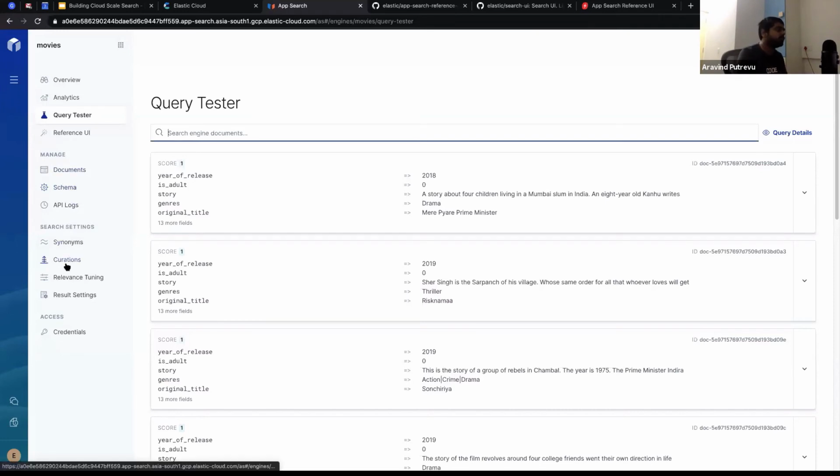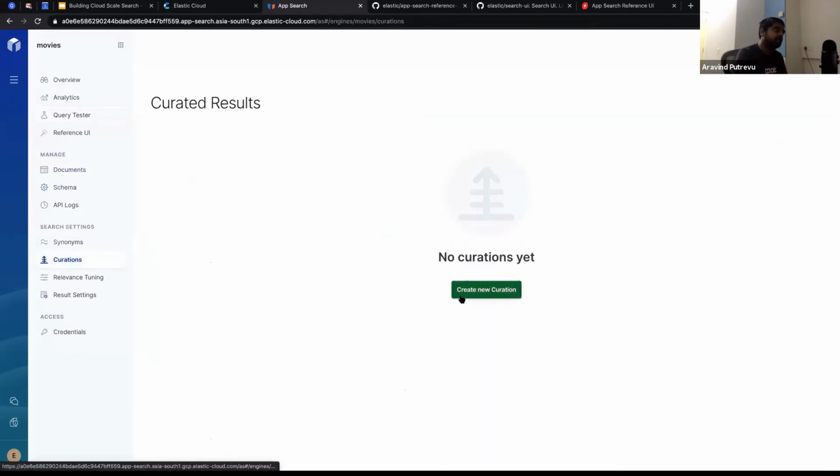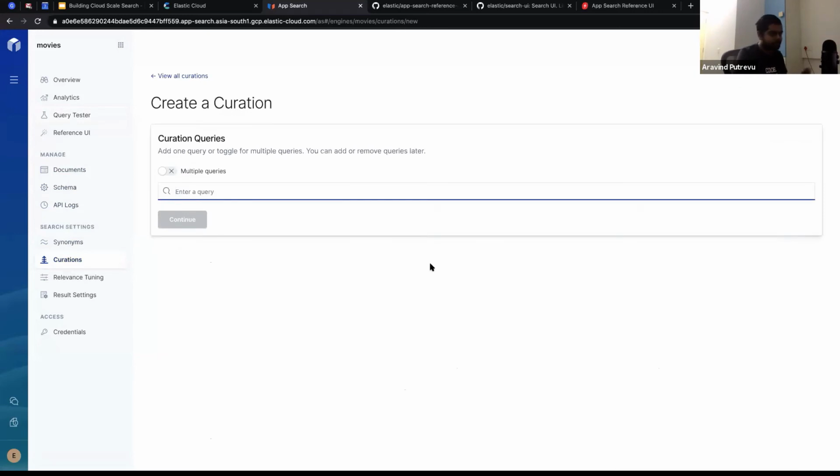And then you also have something like curations. It's a lot of features actually, and you can really play around and build with all of this. Whatever I'm talking about today is available as an API as well, so you could do it from your own app, or change it dynamically.